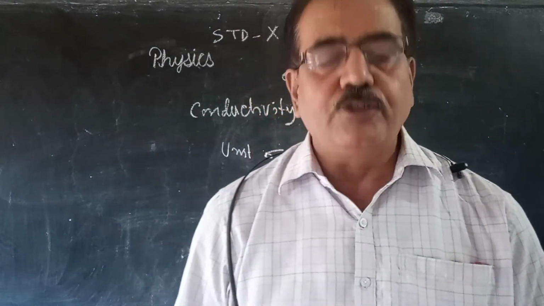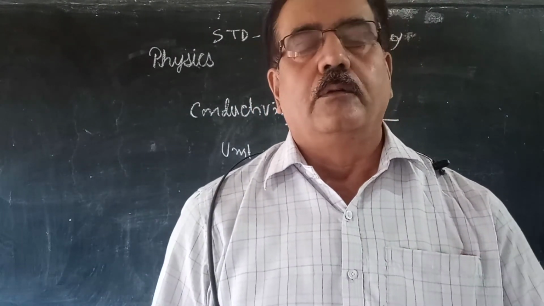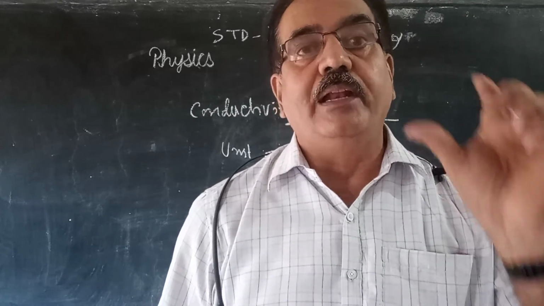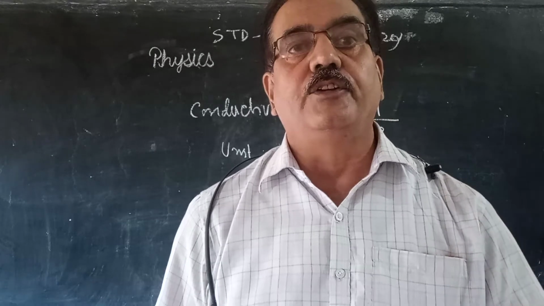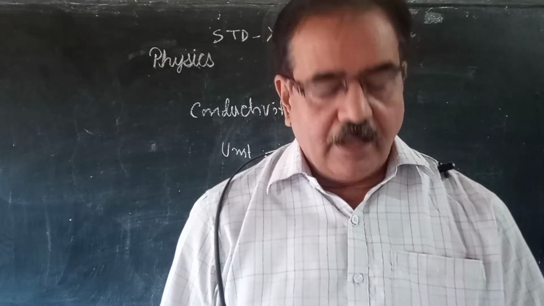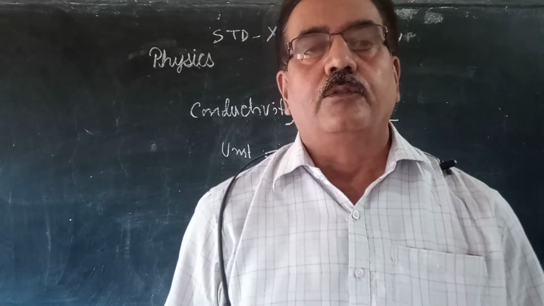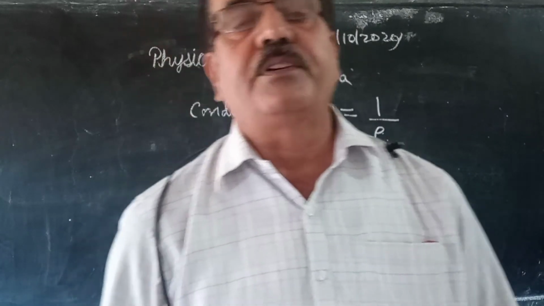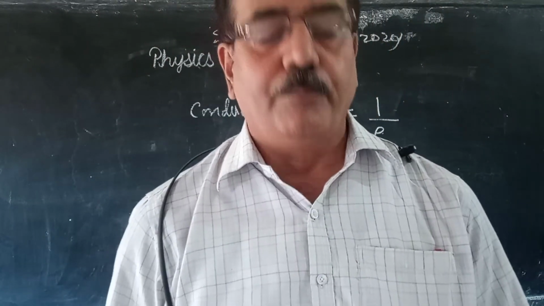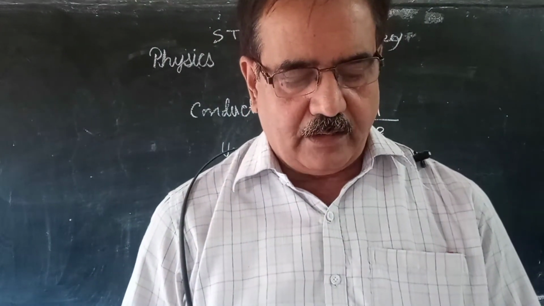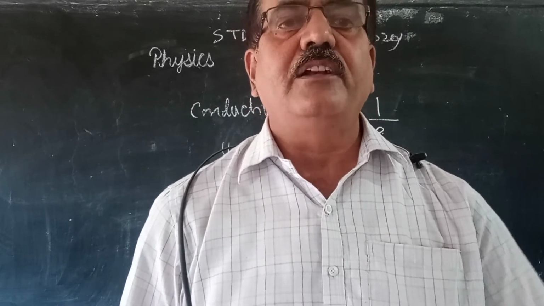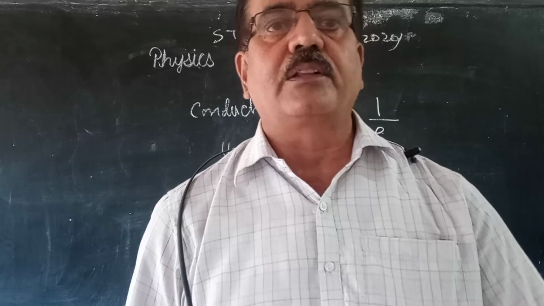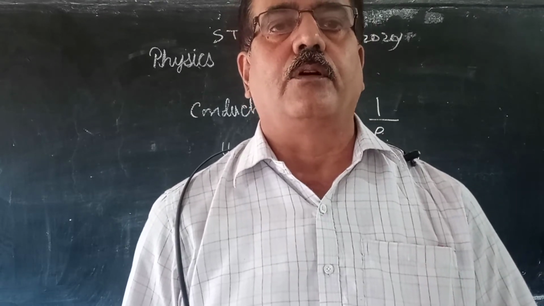Fourth one, the filament of an electric bulb. Not LED or whatever, the filament one. The yellow color bulb you have seen in town is still there in the market. So there is a filament. What type of filament? That filament is made of tungsten wire. Why? Because of its high melting point. It doesn't melt quickly, even when excess current flows.